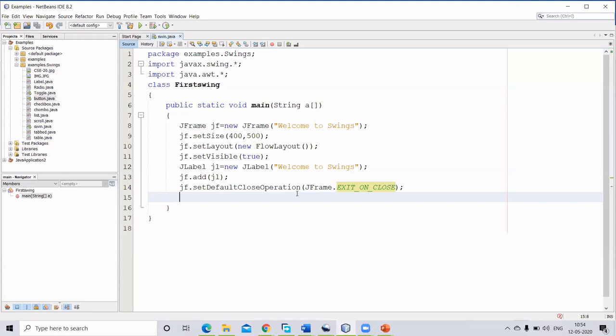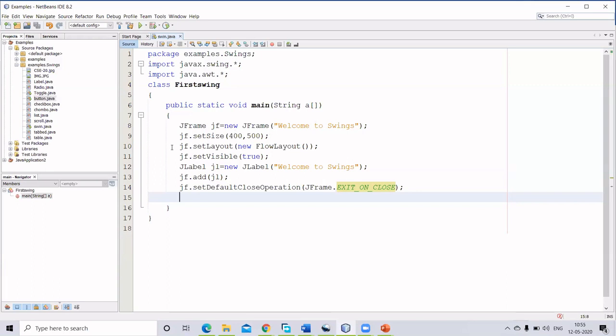So now, when you are using a frame for implementing any of your Swing concepts, you can do it in two ways: one, by creating an object for that JFrame, or by extending the class. First, you have to set the size. If you're not setting the size of the window, it will not pop up, because the size of the window will be the complete desktop size. So you have to set the width and height of that particular window.